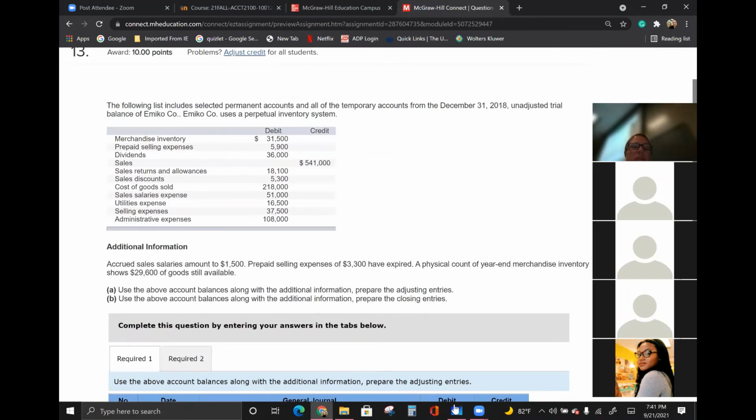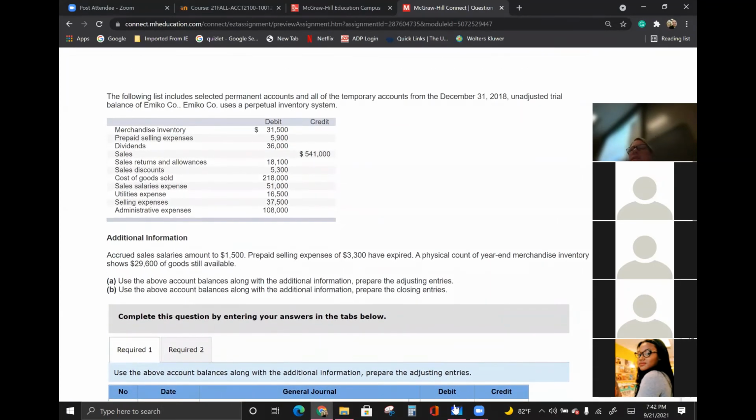All right, let's look at 13. The following list includes selected permanent accounts and all of the temporary accounts from the December 31, 2018 unadjusted trial balance of Amico Company. So they use the perpetual inventory system and it's saying unadjusted. So we know we're going to have some kind of adjustments first before we put the